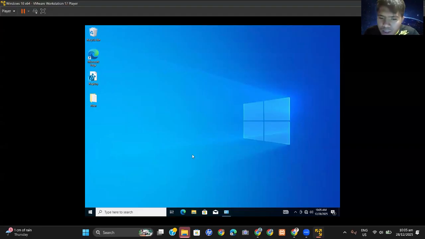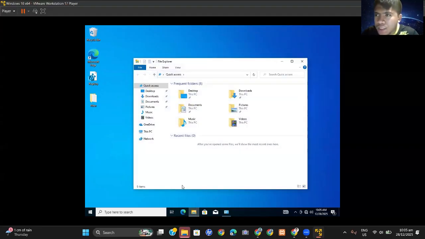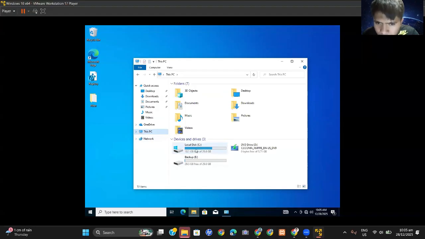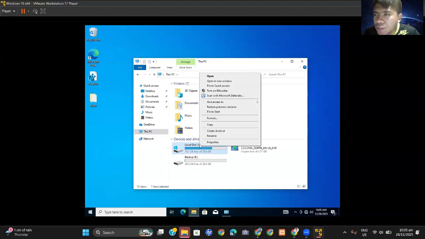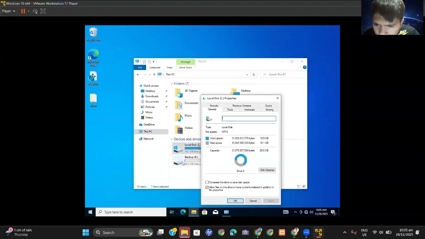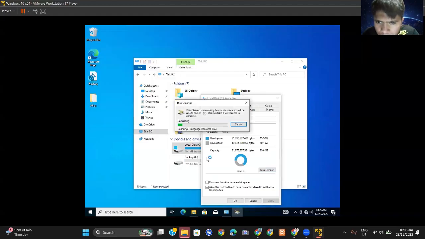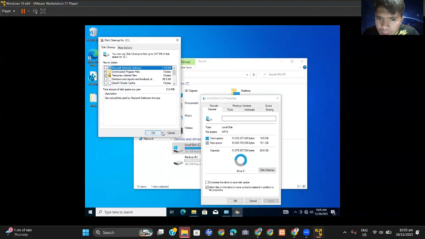So now, let's go to File Explorer again. This is the last part for the COC4 that we utilize. In the COC4 we have this PC. Then we need to do the defragmentation and deleting of some temporary files. So just click Properties in here. As you can see, you can do a Disk Cleanup in here. So clean up the system files. You can do it directly in here so that we can optimize the process. So just click OK.